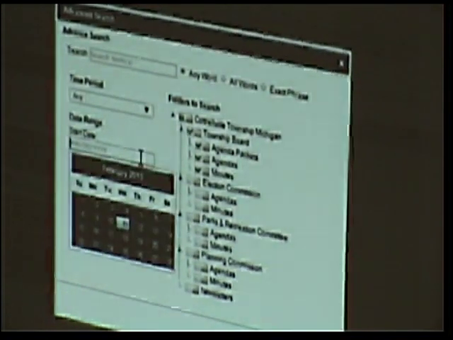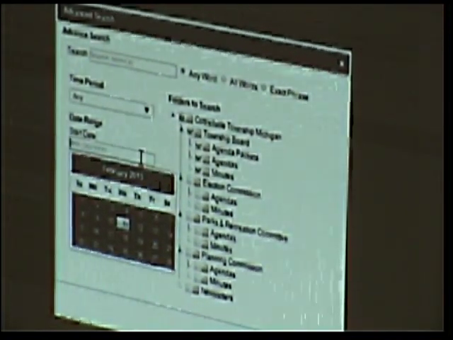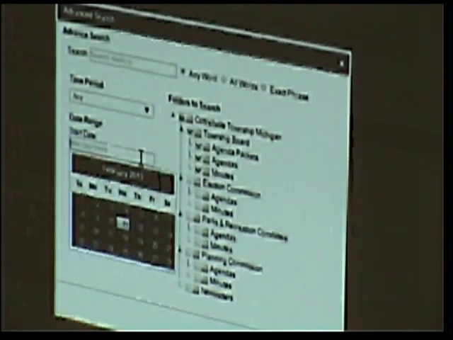You can also add in date ranges. So if you know something you're looking for happened back in 2012 under the Township Board minutes, you can search just that folder for just that year. Just to give you an example here, if we wanted to search for a liquor license, I know it's a little hard to see, it's not the best projector. When we hit search, what the application does is bring back the results. It's going to tell you where it's coming from. So these are all Township Board meeting minute results. Brings them back in chronological order.